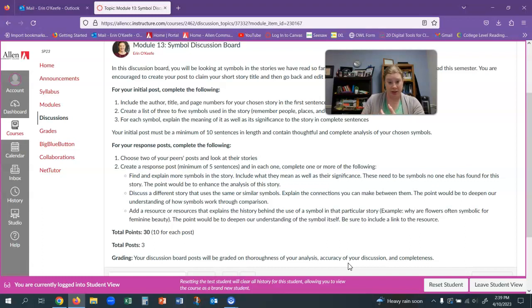So look at the more symbols. You can also discuss a different story that uses the same or similar symbols. They don't have to be exact, but if you see a flower used in this story and a flower used in this story, that would be maybe different types of flowers, but they're a similar symbol. Or you might see a flower used in this story and then a piece of jewelry used in this story, except that both of those things represent pretty much the same thing. So